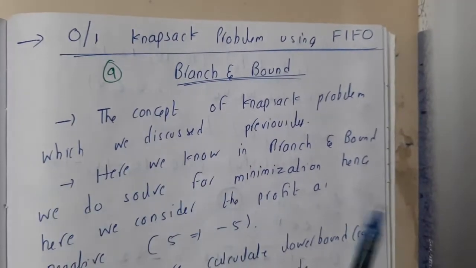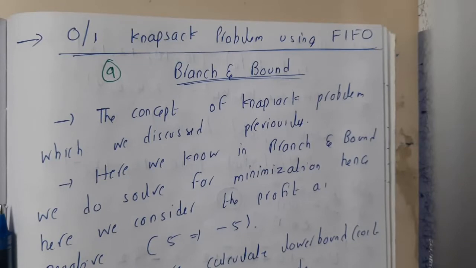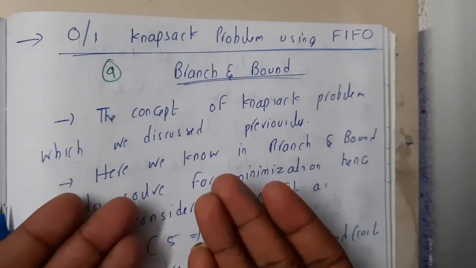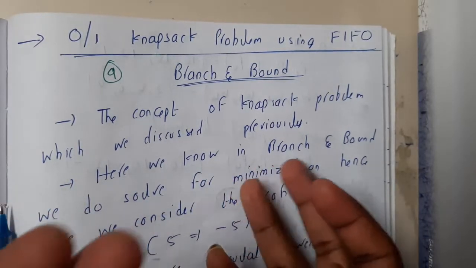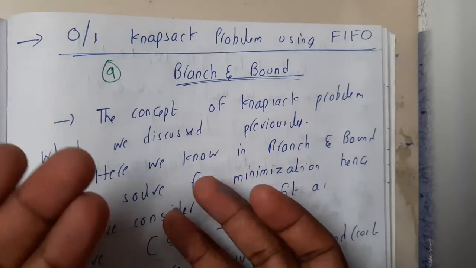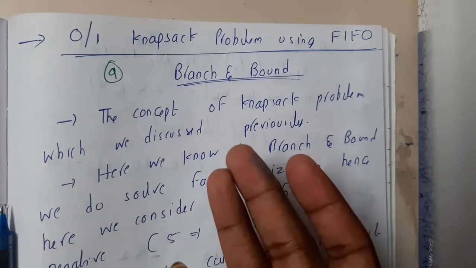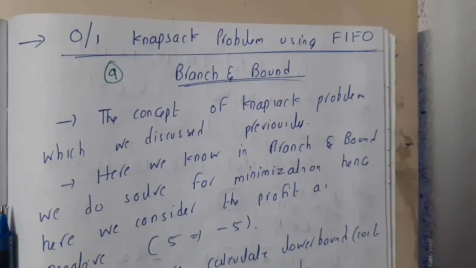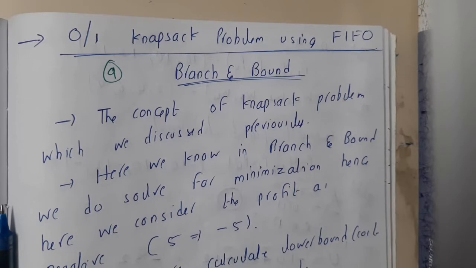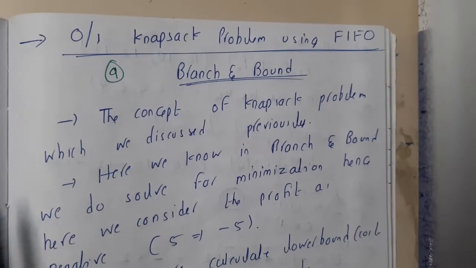If you recall the previous lecture, we did the same problem using least cost branch and bound. If you compare FIFO and least cost branch and bound, least cost branch and bound will be the best among these two. You'll understand why: it might be a bit greedy about the minimal thing, but it will give you the optimal solution better than FIFO branch and bound. Because in FIFO branch and bound you'll be doing some unwanted computations which will not lead you to the proper solution, but you'll be solving them for no reason. That is the reason why FIFO branch and bound is not so popular when compared to least cost branch and bound.